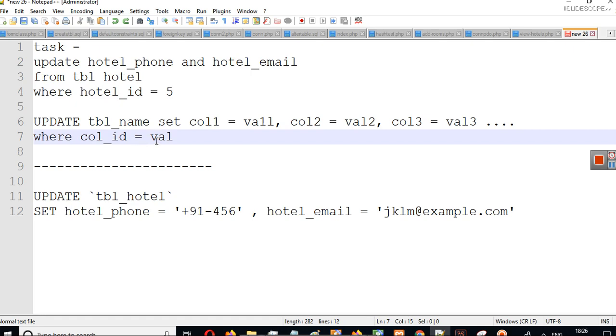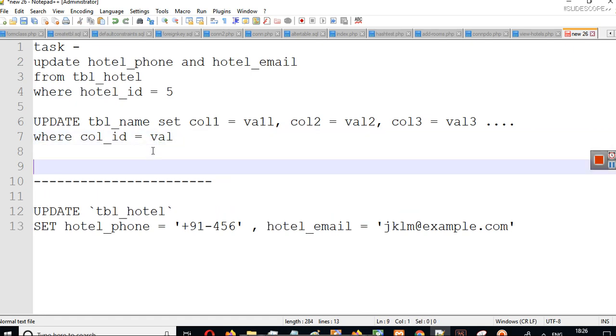We have used is equal to here. Suppose there are mathematical queries. For mathematical queries we can write where id is greater than something, id is less than something, id is greater than or equal to, id is less than or equal to. Things like that. If there are mathematical values involved, for numeric values we can write these also instead of is equal to. But let's see this example first so you can understand very easily.